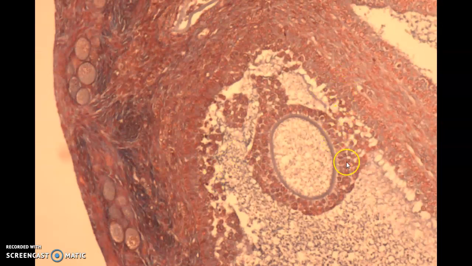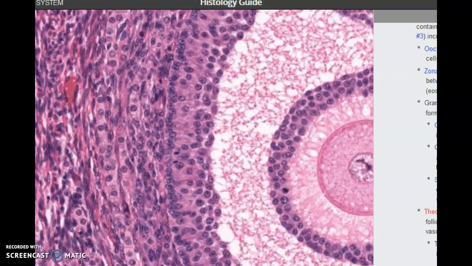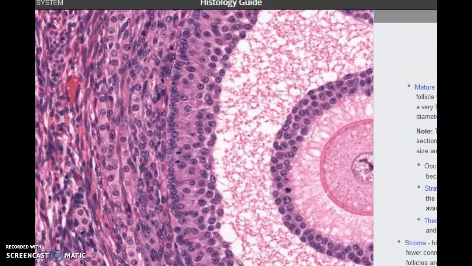So see here we have a nice, well-developed corona radiata around the oocyte. We have a nice developed antrum, and a nice developed outer follicle. And if I were to guess, this is probably actually a tertiary follicle, but because it's really hard to tell the secondary from tertiary vesicular follicles, we're going to call it a secondary follicle. So see here, we have our corona radiata around our oocyte. There's the outside, so this would be an early secondary follicle, where if I go toward the tertiary follicle,